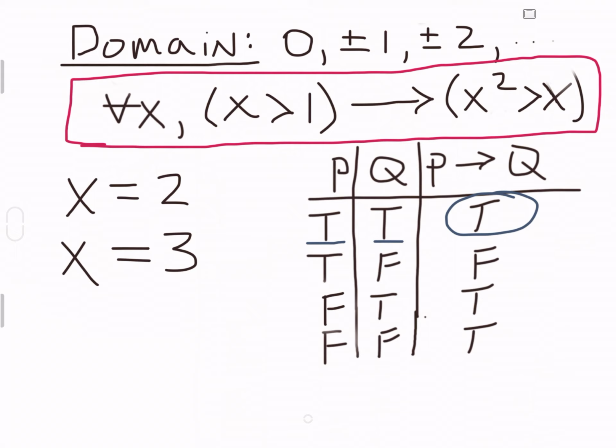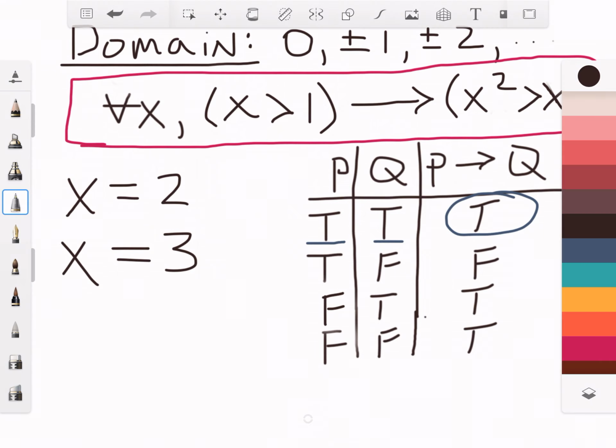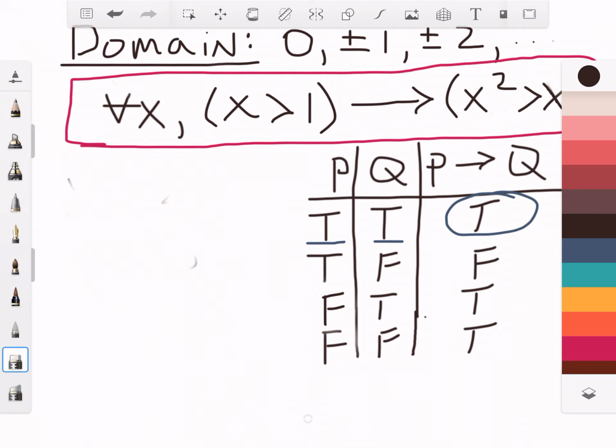So now what we want to do is think about, okay, so now we can see that if we pick an x that's bigger than 1, then in fact the contract is upheld. That if x is actually bigger than 1, then x squared is bigger than x. Okay, so where students often run into trouble with these types of problems, and the reason why students often think that this is in fact false when it is true,